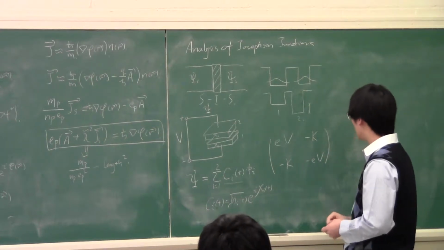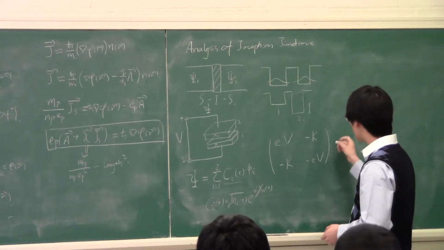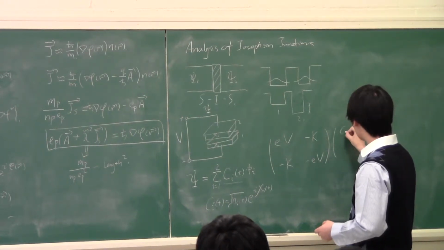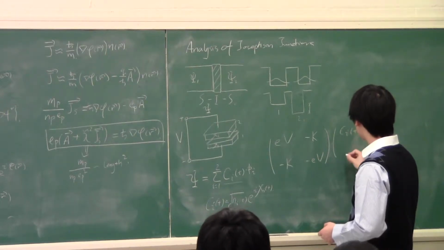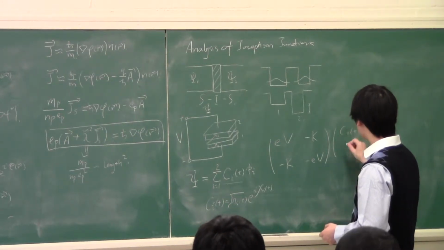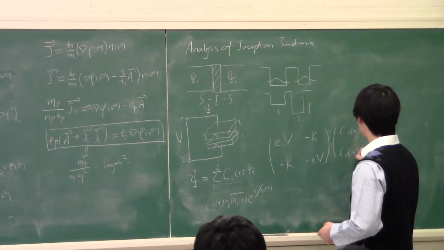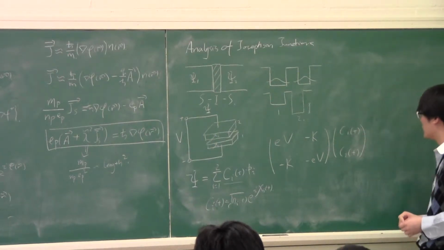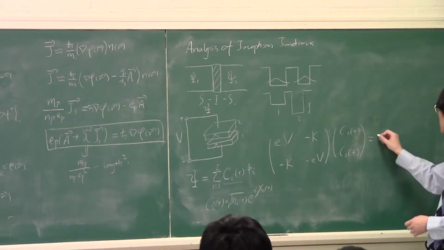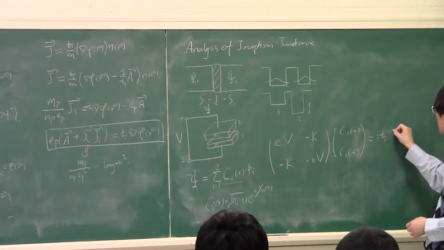Okay. So this is saying H times the expansion coefficients c1, c2, okay? This is equal to i h bar